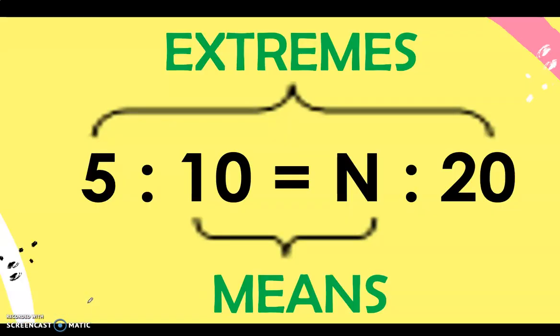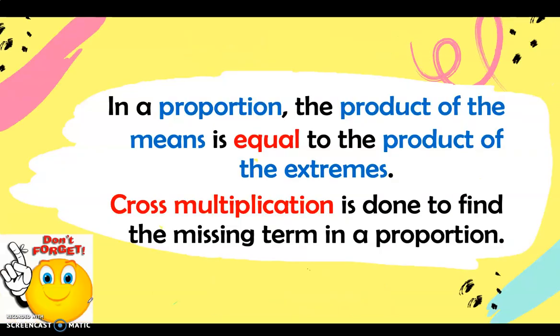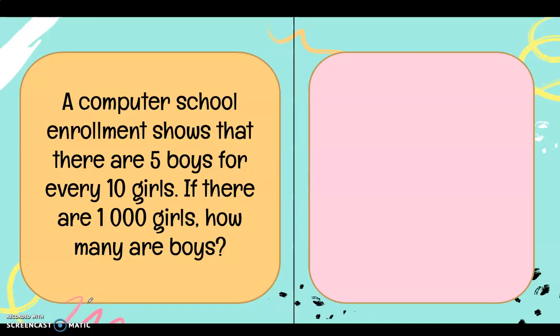Now, the product of the means is equal to the product of the extremes. As I've mentioned, the product of the means is equal to the product of the extremes. Cross multiplication is done to find the missing term in a proportion if you're going to use the fraction form. Now, in this given problem, a computer school enrollment shows that there are 5 boys for every